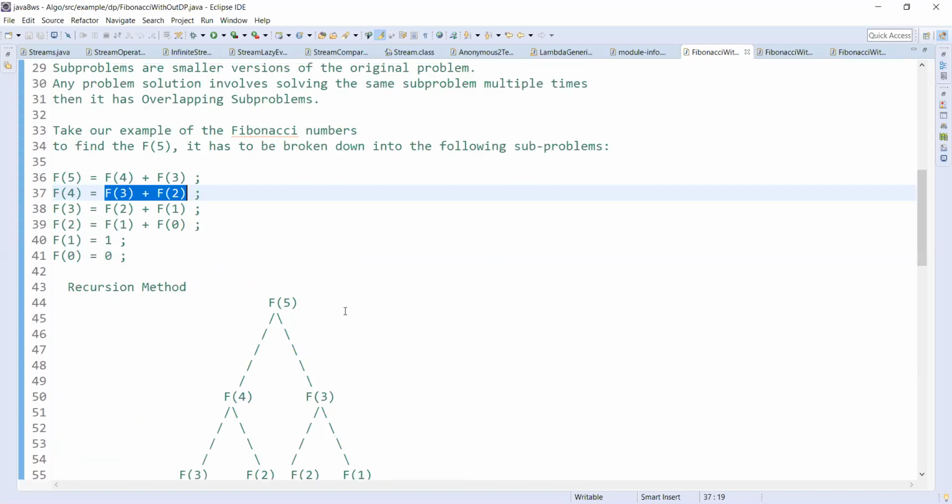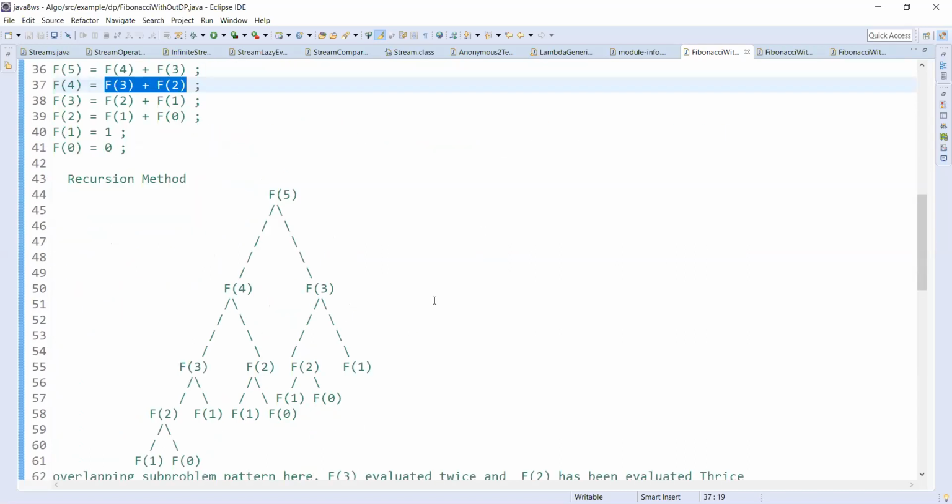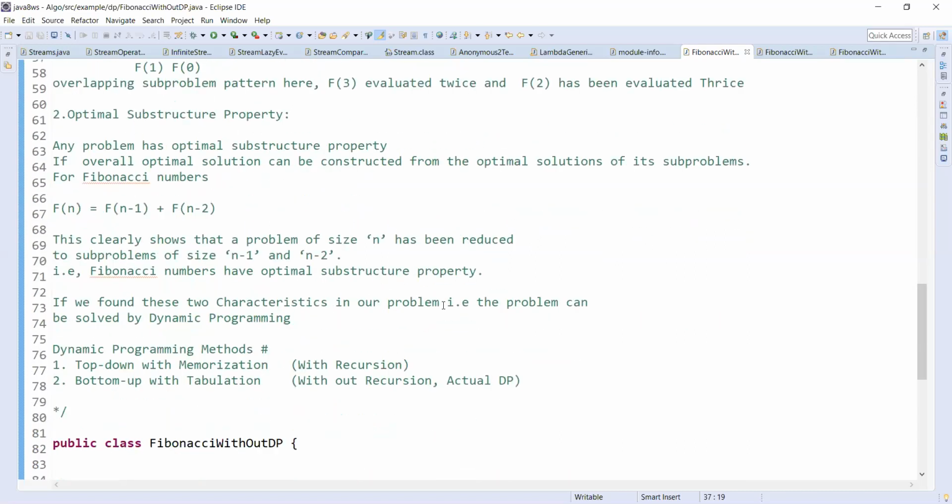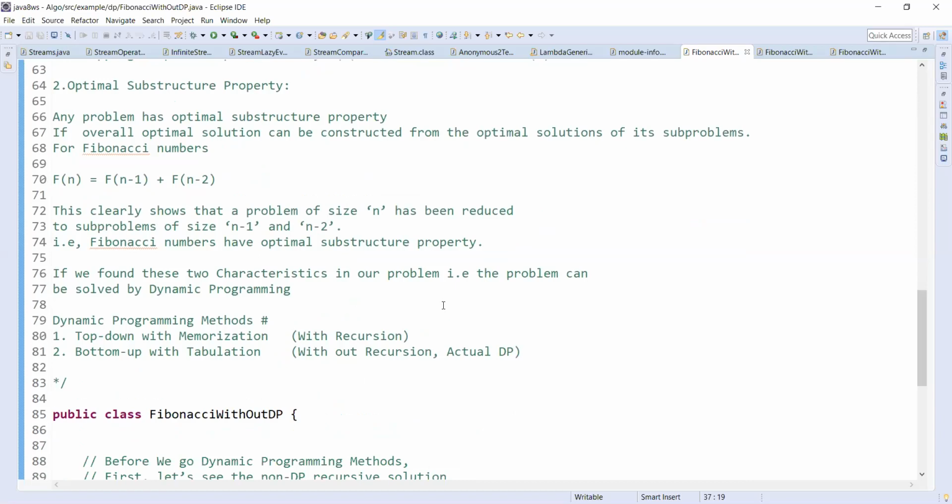We'll come to this recursion tree again. Before that, the other characteristic property is the optimal substructure property.